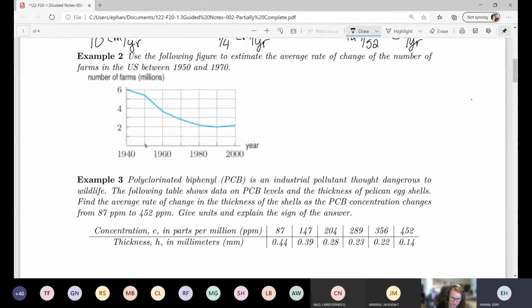So 1950 is going to be about here. If I go up to the function there, I'm going to have this point here, so let's say 1950 is approximately 5.2, and that would be million farms. And then 1970 is right there. So if I go up to 1970,